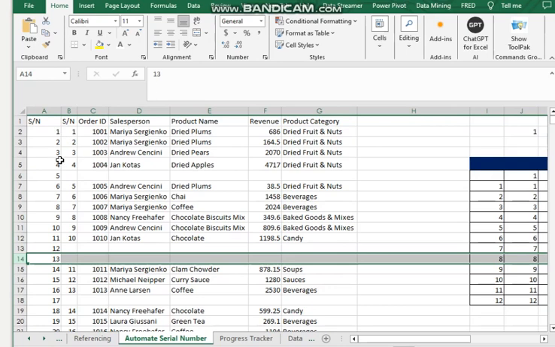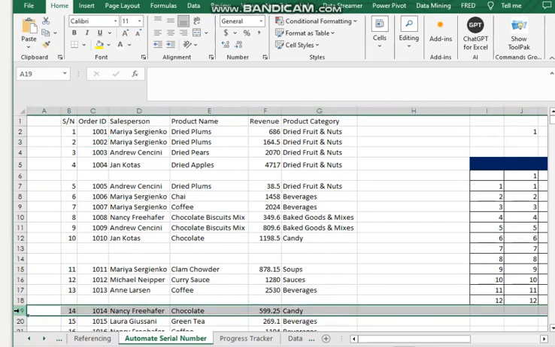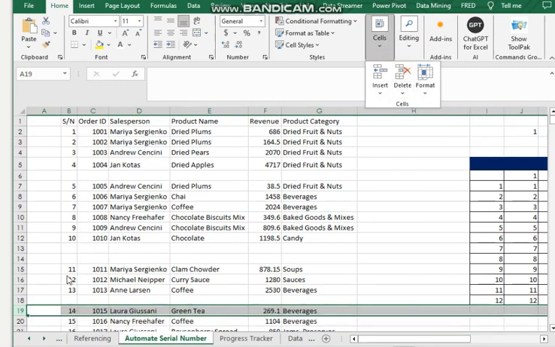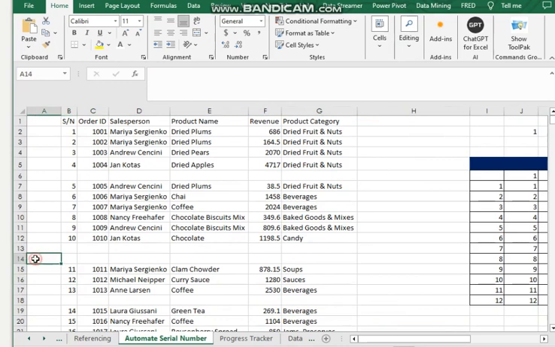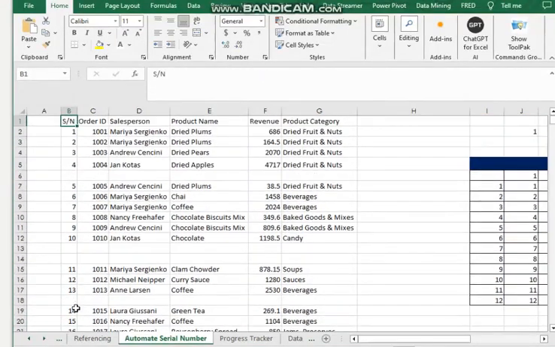Because if you look here now, we have the column A and the column B. So if I should delete this content in this column A now, if you look at the numbering in this column B, if I should delete anything, let me delete the contents in row 19. Let me go to the cell and press delete. You will observe that the numbering got back automatically. So from 13 to 14 and so on and so forth. So if I still delete more also, I will be able to have the